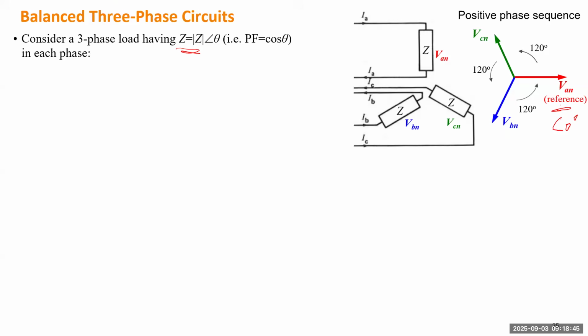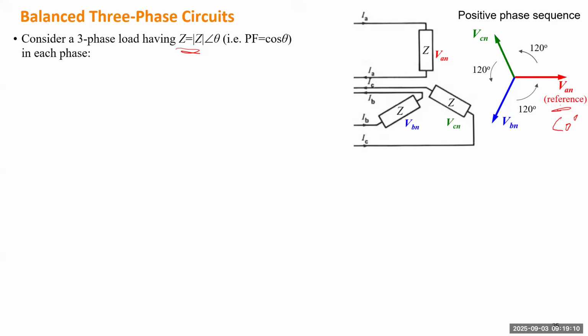So when the rotor revolves counterclockwise, it will face A first. Then after 120 degrees, it will face phase B. So when we go to the generator modeling section, we'll look into the inside of the generator to understand how the voltage is induced. But right now, we just assume A is leading B, B leading C.